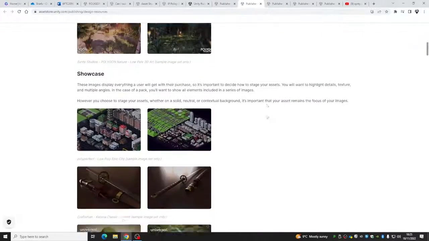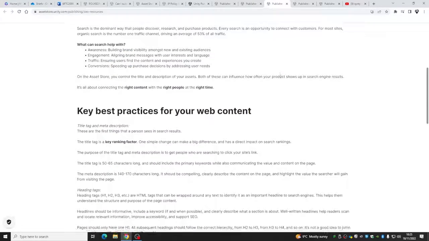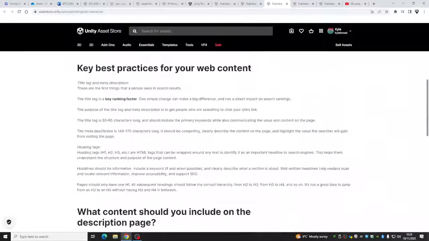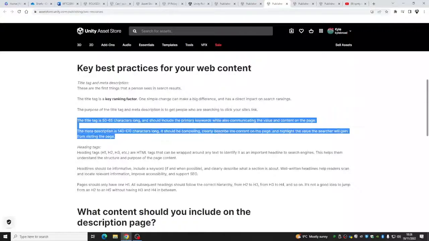What would be really good is if you could, I can't see it now. There it is. These two things for me, especially if you're publishing on the Unity Asset Store. I want a title and I want a little quick description, but no longer than that from you when I come around and speak to you individually. Okay? Even if you're not sure, even if you've got a couple of ideas, do a couple of ideas with those kind of constraints. Okay? And then we can go from there.